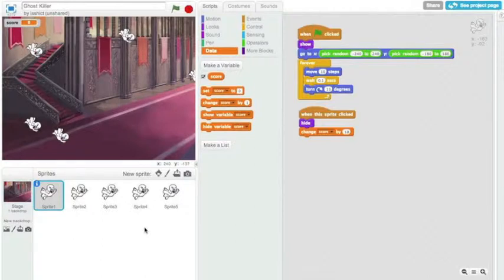Okay, so what we're going to do is we're going to use something called a clone. So we're going to clone our sprite. Now, clone, if you're not familiar with the word, is basically a copy. Okay, so I'm going to delete the extra sprites here. Delete it. So what I can do is I'm going to go to my stage,